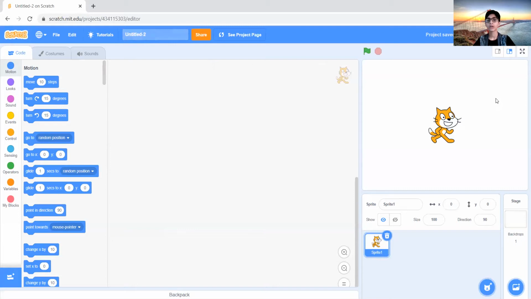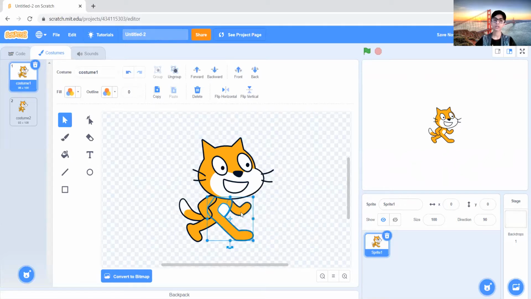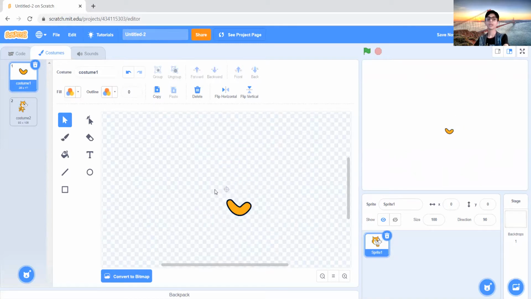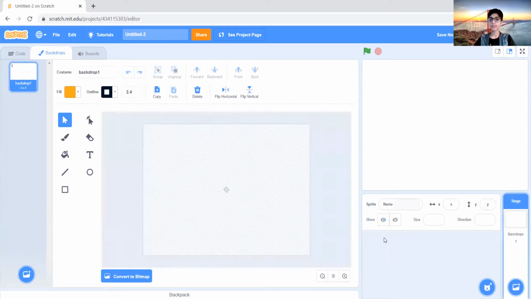Okay, so here is the place where you are going to work out everything. Here is the place where your game or animations are going to run. And then here are the costumes of the characters. Here the characters are known as sprites. Like if I want to remove this leg part, I'll just press backspace and this part has become invisible. Then I want to remove his leg, removed, hand removed, tail removed, face removed, this part also removed. So I can just do it like this or I can directly delete the sprite from here.